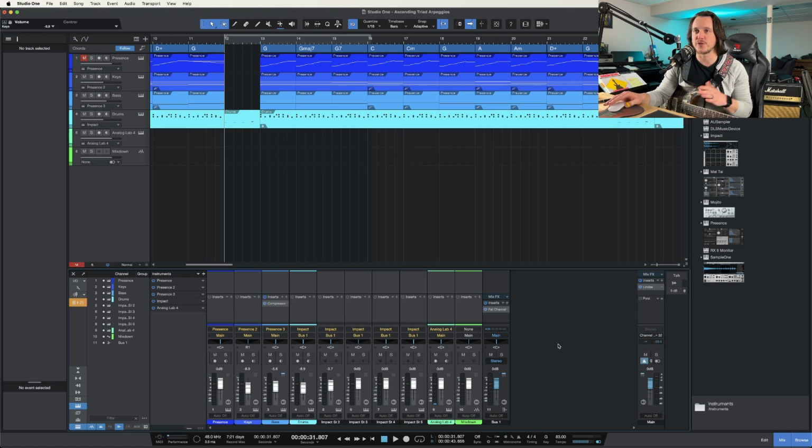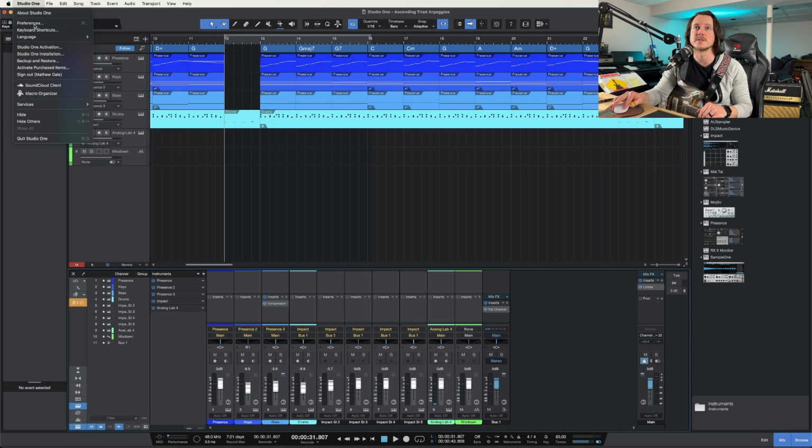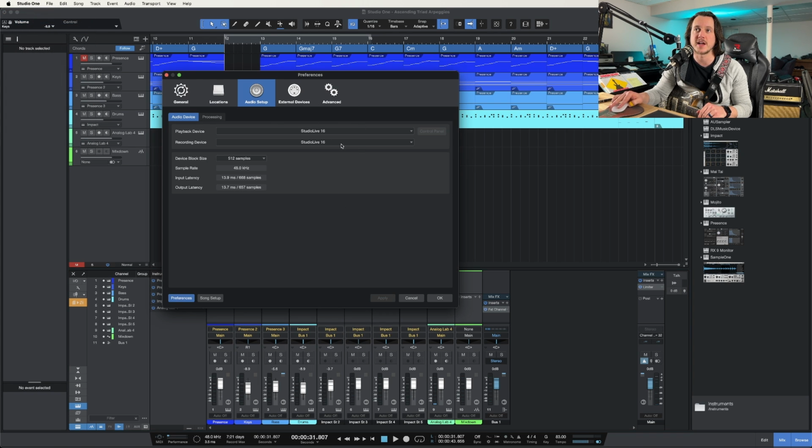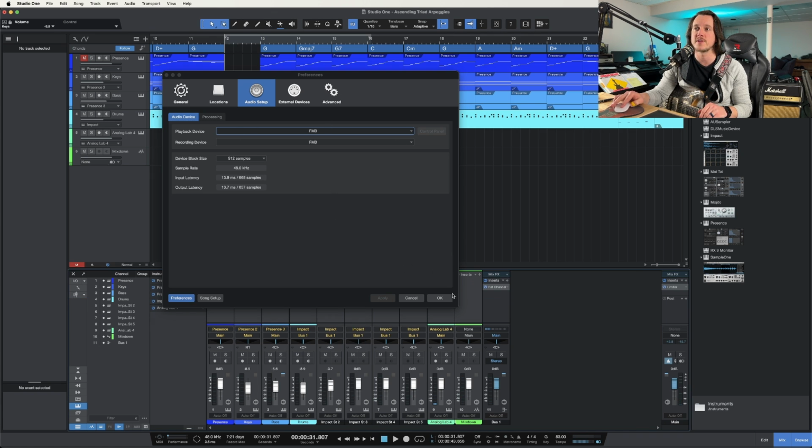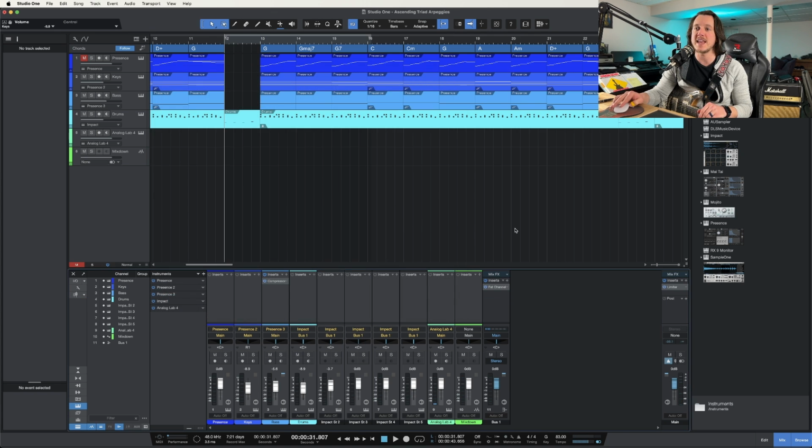So first things first, our DAWs don't always use our default audio device from our computer. So we need to make sure that this is active. Right now I've got Studio Live 16 active. I want the FM3 as my audio interface. So it's going to reconfigure stuff. We're going to hit OK. And now